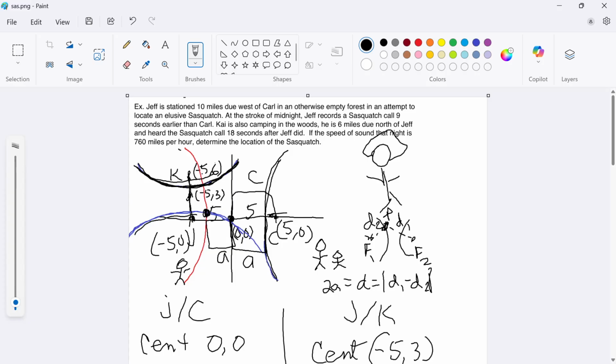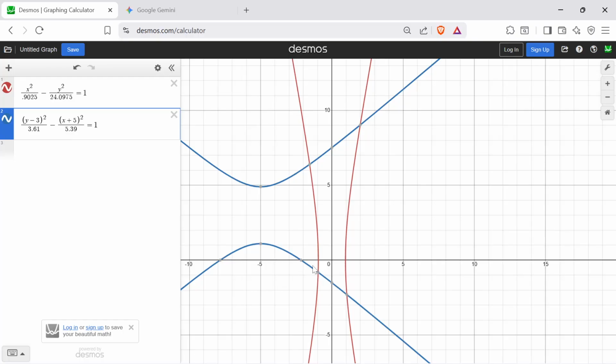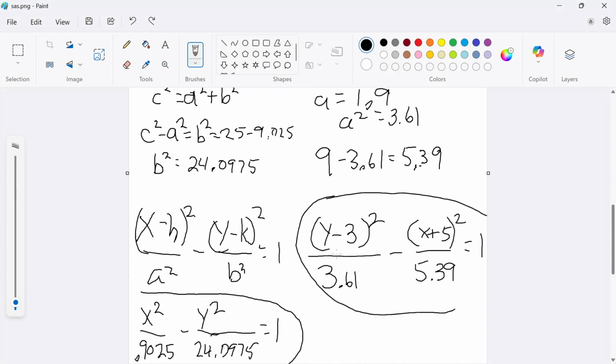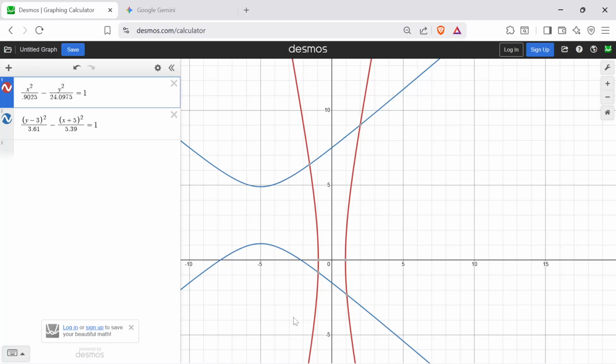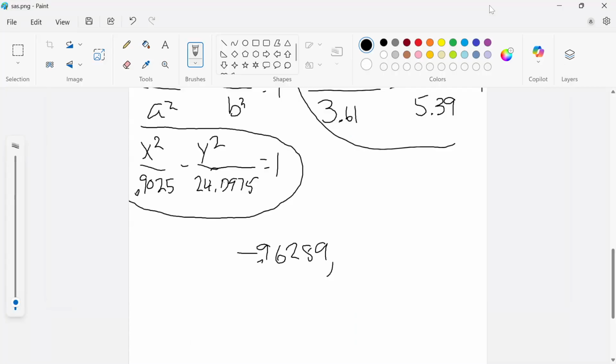Of the horizontal, it's the leftmost side, the left side, and then the vertical, it's the bottom. So this is the one I'm looking for, and that says negative 0.96289, negative 0.81129. That's the coordinate, but from 0, if I want to count it from 0, 0, it's going to be